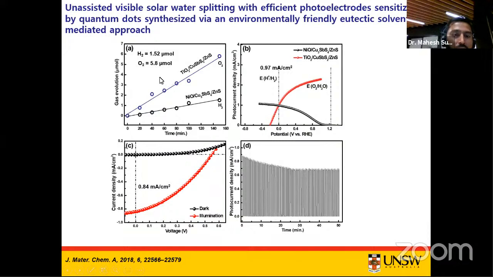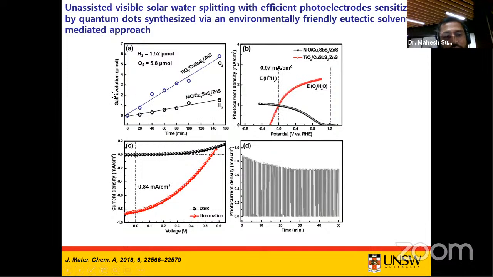Of course, there is a slight deviation in the stoichiometry of H2 and O2 because we carried out this measurement in a single electrolyzer. So there is a high probability that the evolved hydrogen and oxygen recombine again to form water. We can of course avoid the recombination of H2 and O2 by using two different compartments for the quantitative analysis of the evolved gases from the photoanode and photocathode.